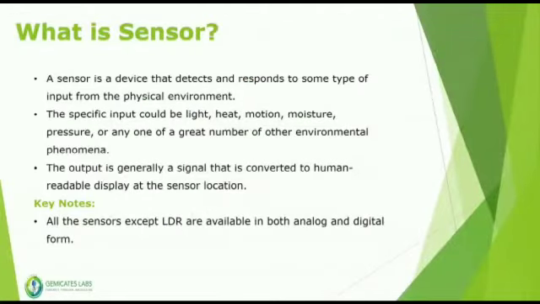Now let us see about sensors. It is a device used for detecting and responding to input like light, heat, moisture, pressure from the surrounding environment, and it is converted to a human readable display. The sensors which are available in the market these days